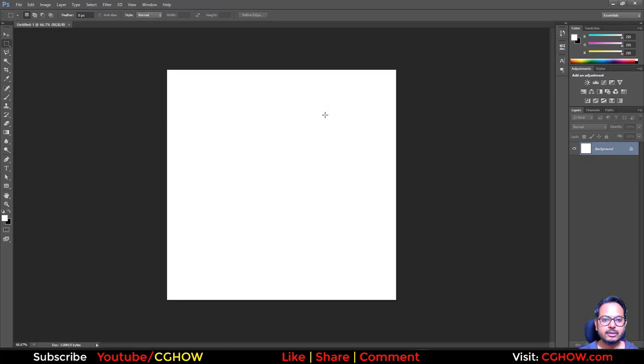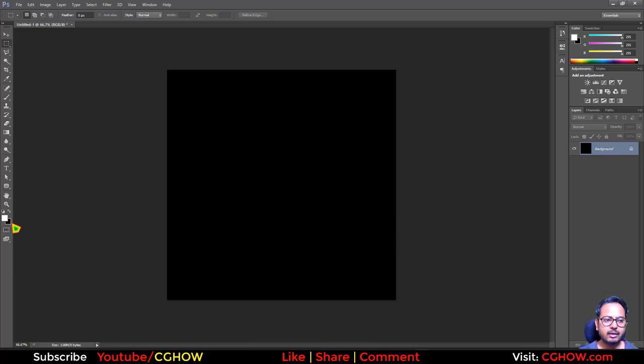And the process I will make faster in editing, but I'll show you what I'm doing in normal mode. So what you have to do, first take a canvas and make it black. Control and Backspace is the shortcut if you have the background color black here. Then I'll take the brush, and you can take any brush, just make it smaller, and then randomly